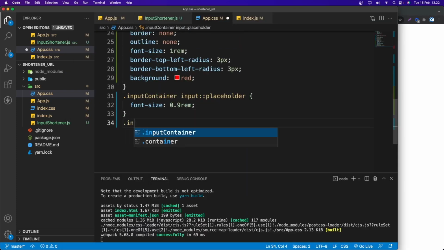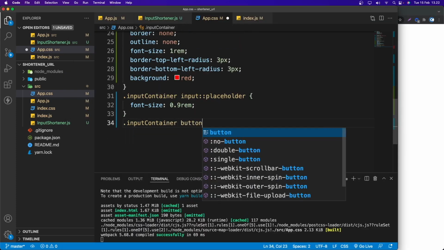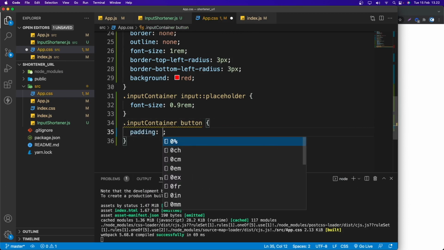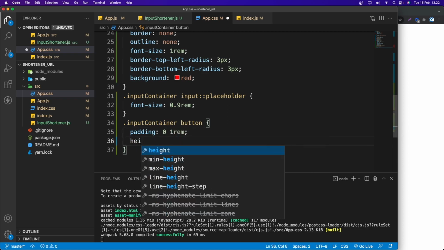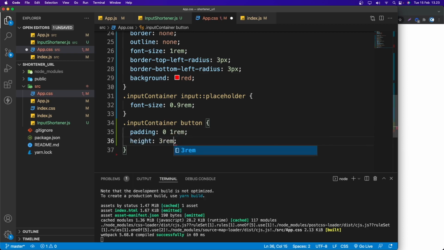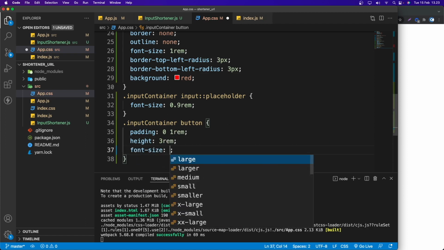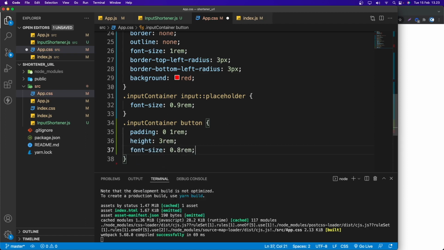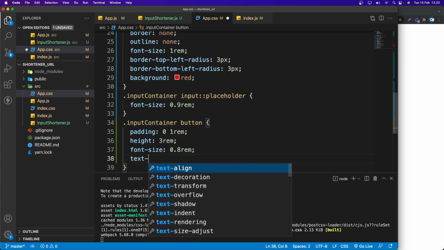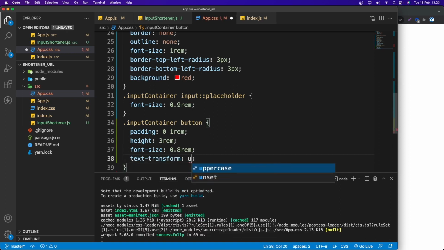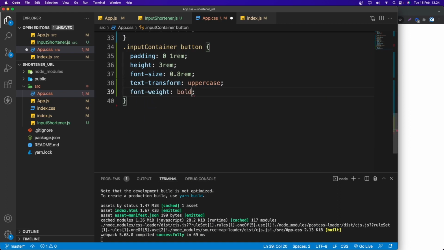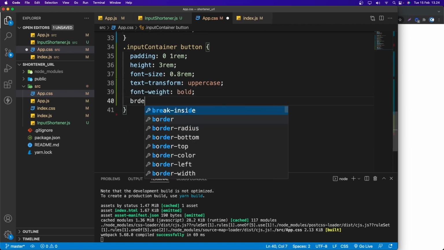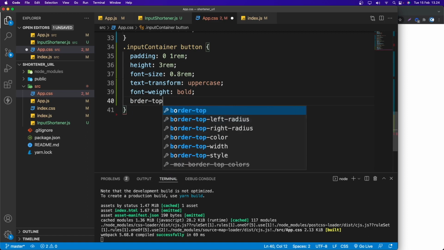Let's do here, let's say input container, let's say button, let's say the padding top and bottom to, let's say 0, and left and right 1 rem. Okay, and I'm going to set the height to 3 rem and the font size to 0.8 rem, and I'm going to change the text transform to uppercase, font weight to bold, and I'm going to set the border top right radius.